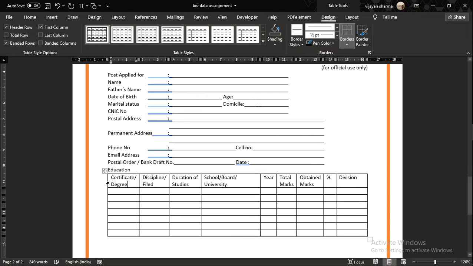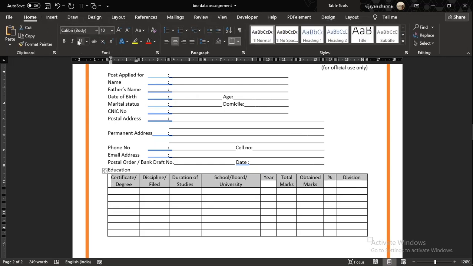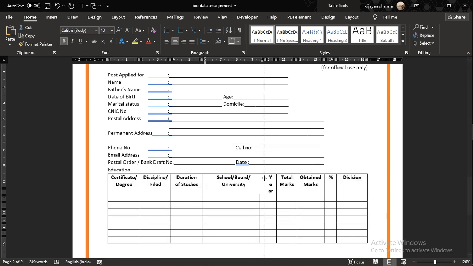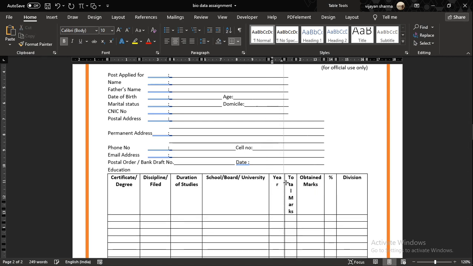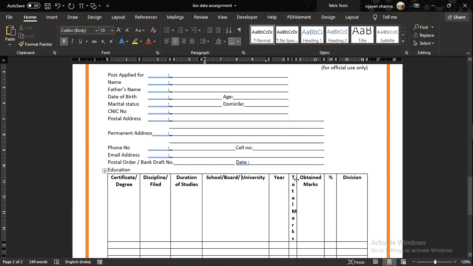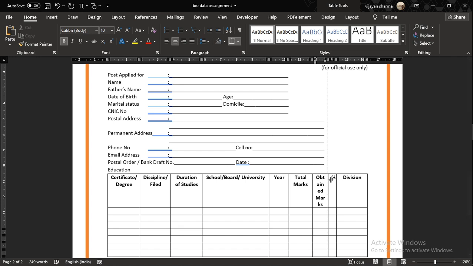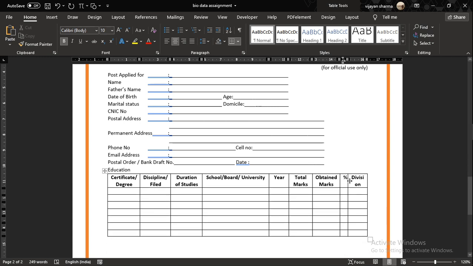Now all these things are in bold and in the center align. So in the home tab, center align, bold. Since this board and university are in the straight line, again I have to extend it. Sorry, something is going wrong. I will deselect all. After that, when this icon will come, then this is done, this is done, of 10 marks. Yeah, division is there. Now this division I have to increase the space from here like this. Done. Little bit decrease the space.